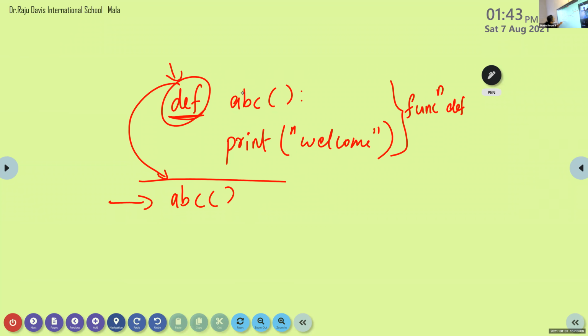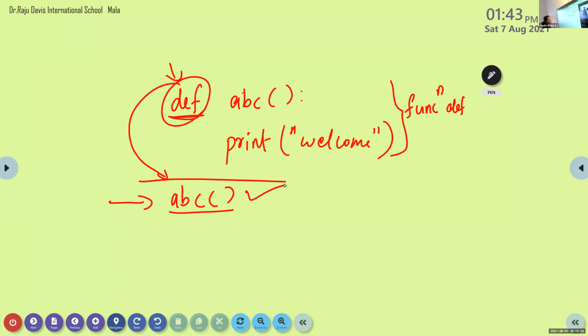The starting program includes only one statement, a function call statement. So the first statement executed is ABC with empty brackets. This is a function call statement.